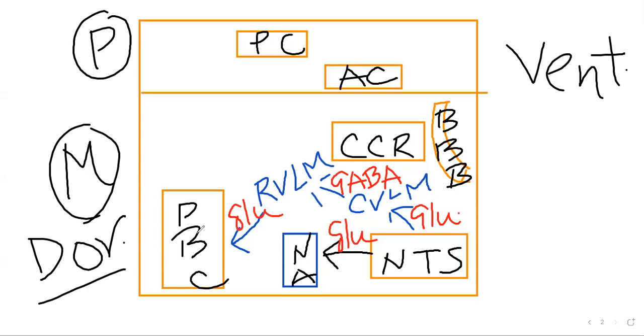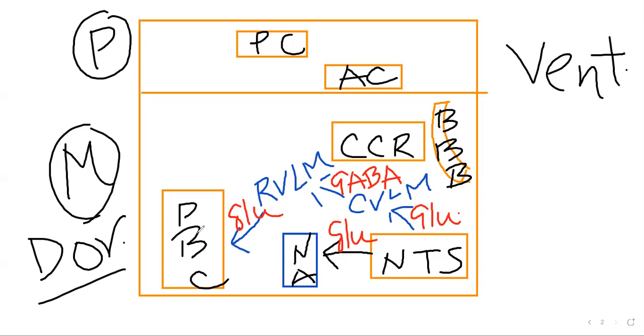Now, suppose there is direct stimulation of the nucleus of tractus solitarius, more glutamate will be released from this nucleus, which actually stimulates the caudal ventrolateral medulla. Now, if the CVLM is stimulated more, it will release more GABA. And GABA, as it is an inhibitory neurotransmitter, will actually inhibit the rostral ventrolateral medulla. So the rostral ventrolateral medulla, due to the inhibition, will release less glutamate, and finally the pre-Bötzinger